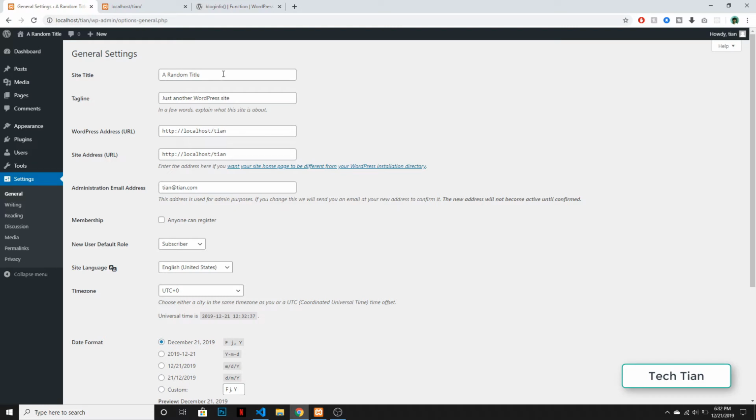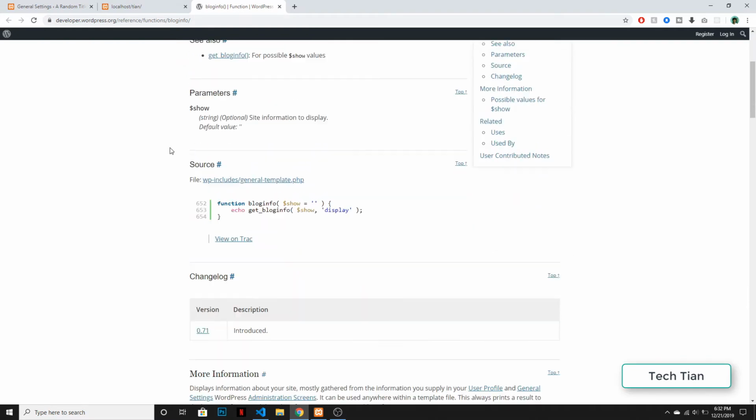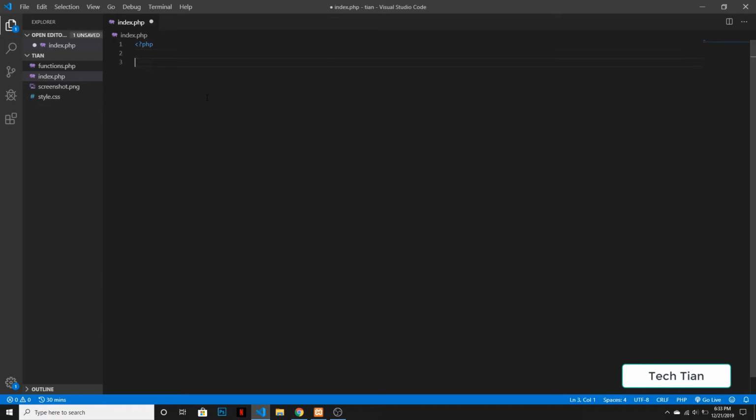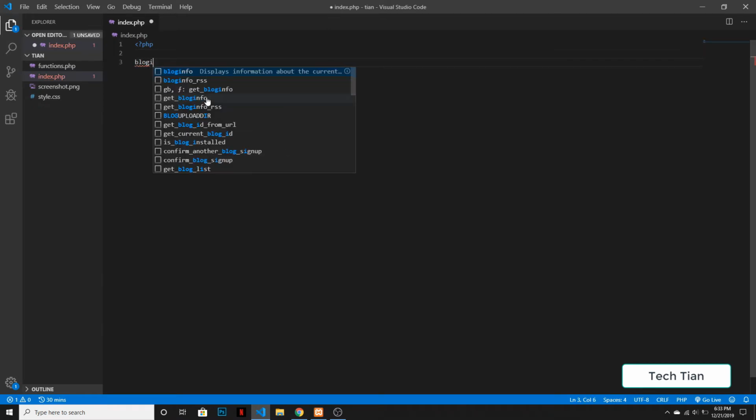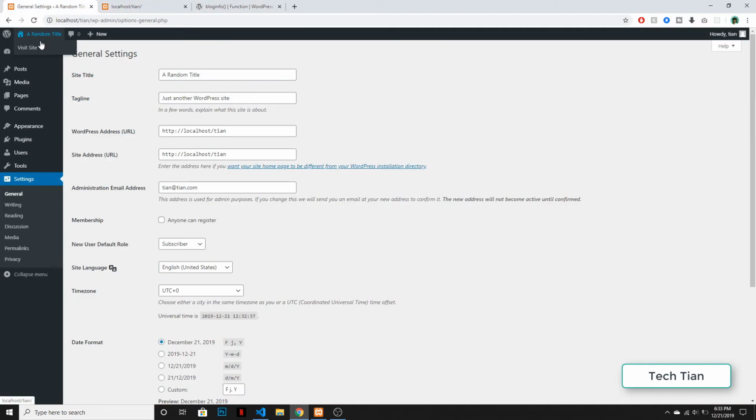title. So we can actually fetch this data with the function named blog info. If you go to WordPress functions, you can see all the things you can do with blog info, and here you can see that we can actually use the name, and we can fetch the site title. So let's just check whether this works or not. So I'm gonna write blog info, and within the brackets I have to write name and the semicolon, then save it. Then this should be good to go, and if I click on visit site, then I should see the